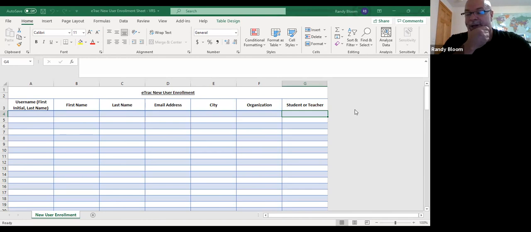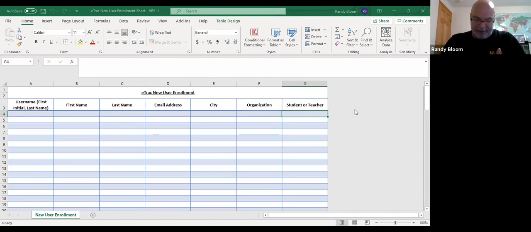Typically, if you're VRS, you can just indicate VRS, and if you are a community resource provider, you can simply enter CRP or just indicate the name of your organization, and then just indicate whether it's a student or a teacher. If you're enrolling a student, just put student in the end, and then that will allow me to go ahead and establish the right subscription account for the student.